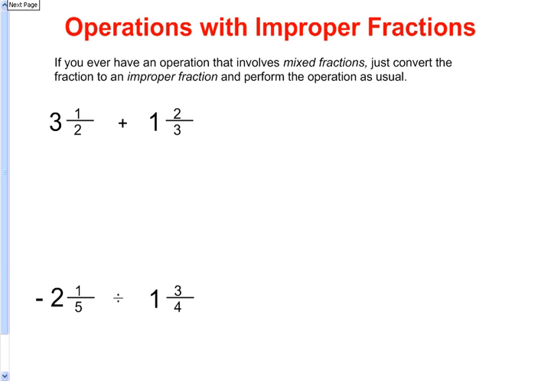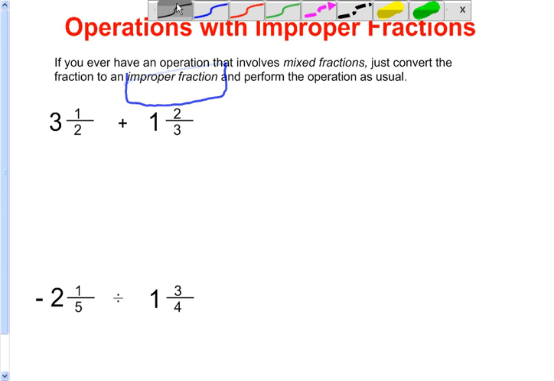Well, what if we have improper fractions? Improper fractions just require one additional step right from the start. If we have a mixed fraction, what we want to do is convert them to an improper fraction. That is what we are doing. Now, we did that already, and let's just quickly refresh. To change a mixed fraction to an improper fraction, you take the whole number multiplied by the denominator and add